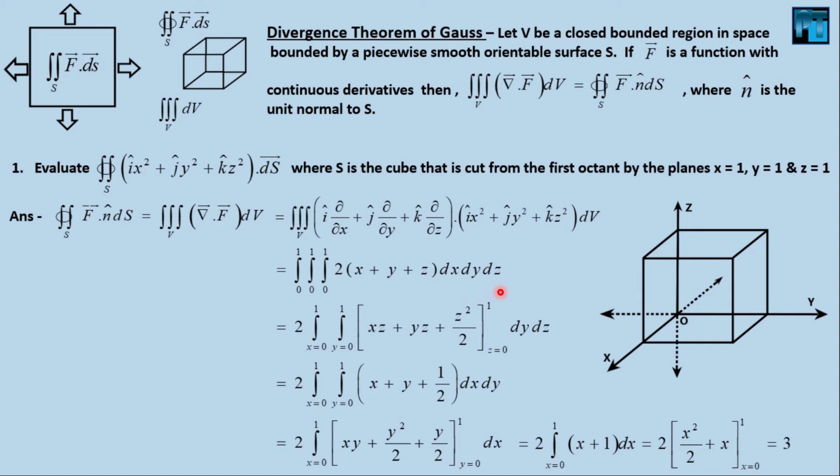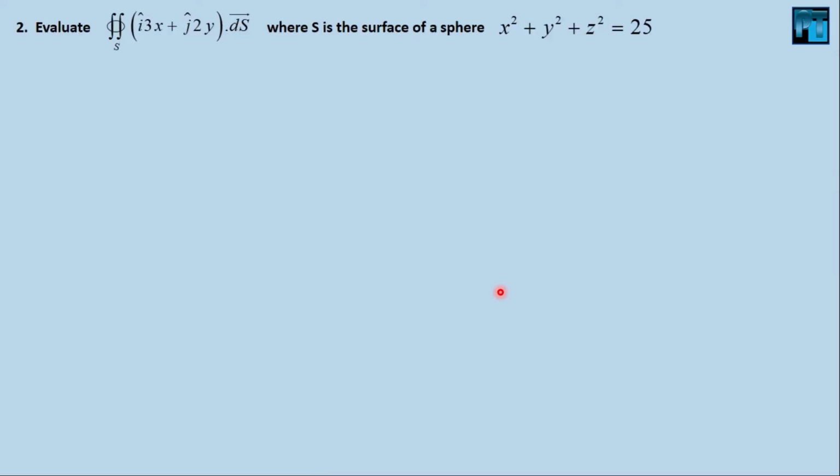Now our second problem. Evaluate this surface integral where S is given the surface of the sphere. Now see, before I proceed, if you go straight forward as the surface integration, then nothing is specified here. So you will have to do the 8 octants. So you have to deal with the 8 octants projections, 8 integrations, and then you will combine the 8 integrations and then you will have the answer.